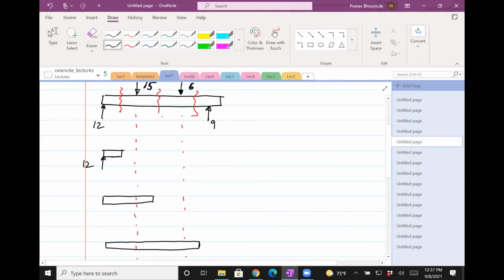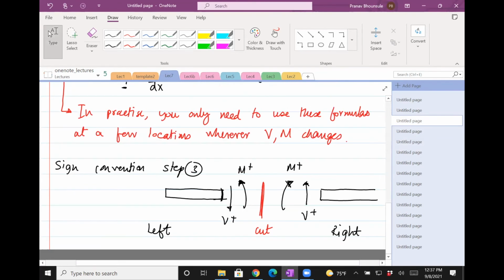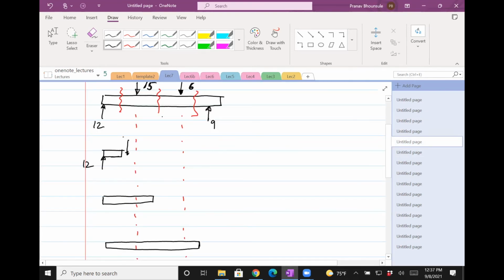So that's 12 upwards. Again, we go back and I'll show you the convention. Since we cut the beam on the left side, our shear force downwards is positive. So I go back and show a shear force in the downward direction with a positive sign. Here q is 0, right? There's no external distributed load. So really what I need to do is just sum up the forces. So I can write for this part